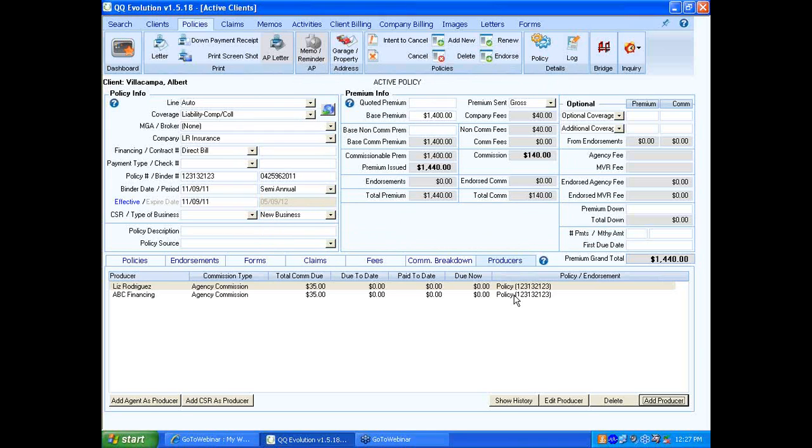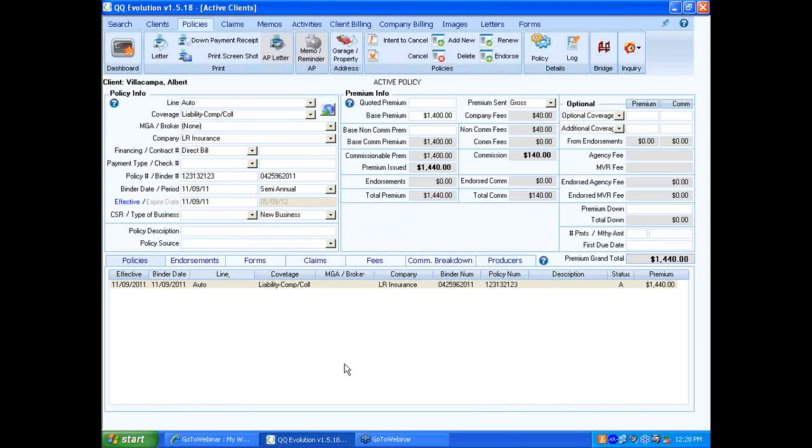Okay. The most important part of this section is that you add a producer, because if you do not add a producer to this section, you won't be able to see that information when you go to reconcile or pay your producers that commission. Okay, so if we were now to go back to the policy section,